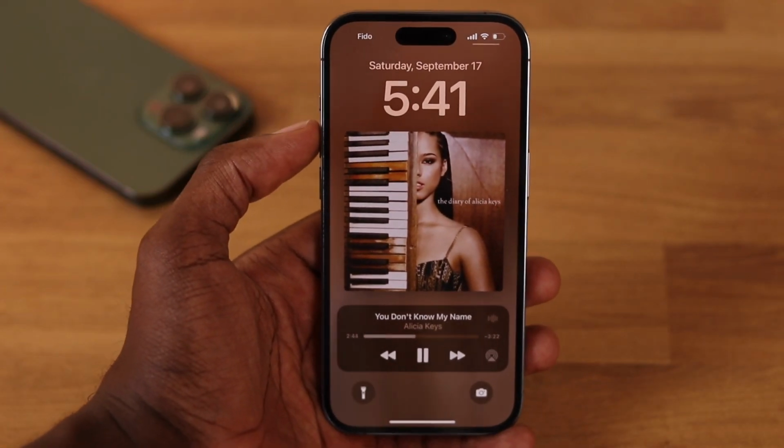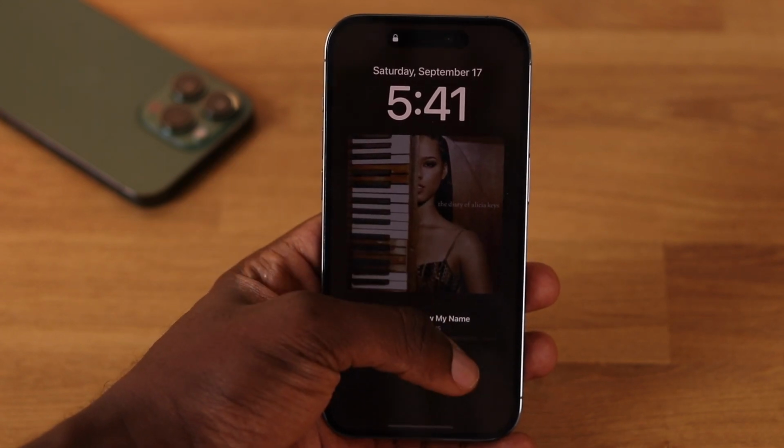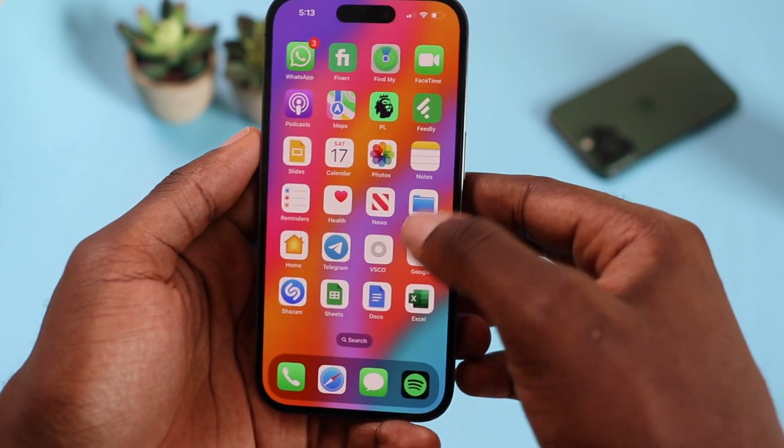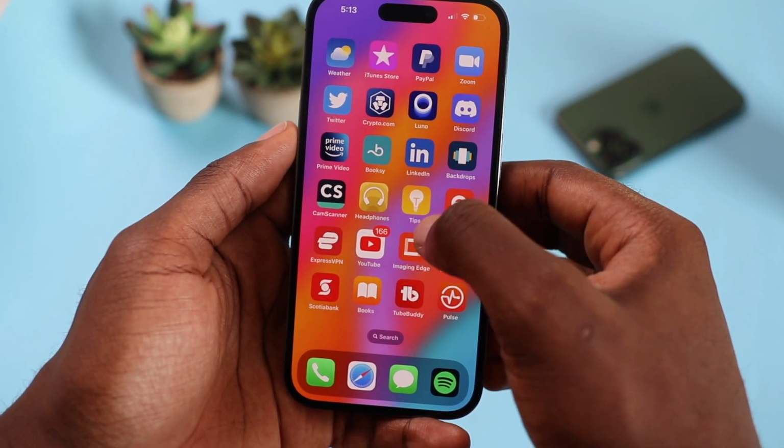Now, in terms of if this affects your battery life, I don't think it does. So far, I have averaged about 8 to 10 hours of screen on time with everything on, from the always on display to the 2000 nits display. And speaking of display, that brings me to the 5th reason to get the iPhone 14 Pro, and the display